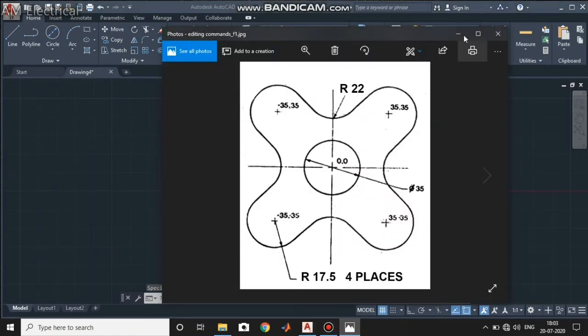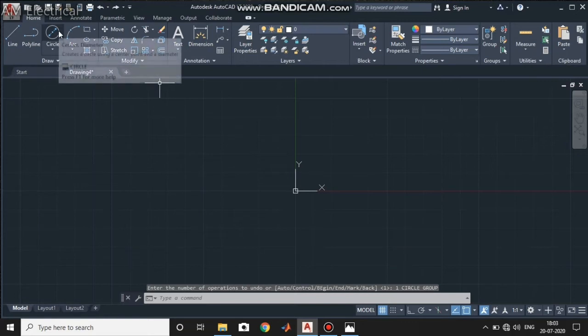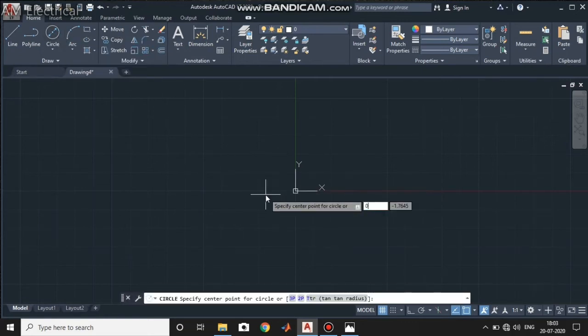Sorry, it is 35. Undo this, center diameter, 0 0 as the center and 35 as the diameter.